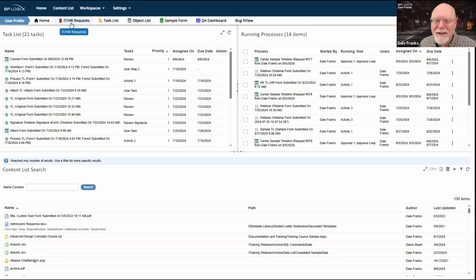Best practice, use tooltips so that when people are navigating, they see tooltips. The tooltips can be more informative than mine. I'm not sure how useful it is for my tooltip to explicitly just repeat the text that's in the tool itself. Your mileage may vary how you want to do that, but you should be using tooltips. I should really have all of these navigation items set to use tooltips, but my IT/HR request is.